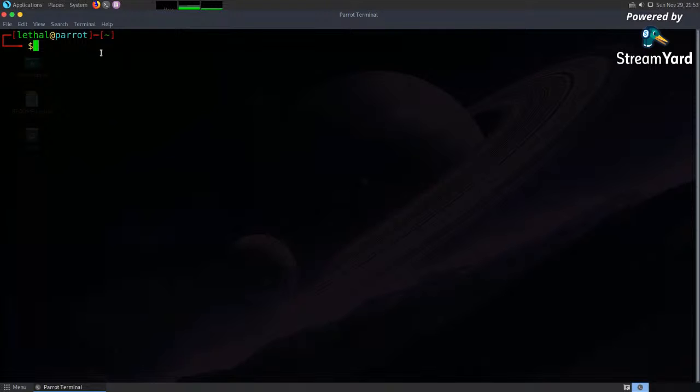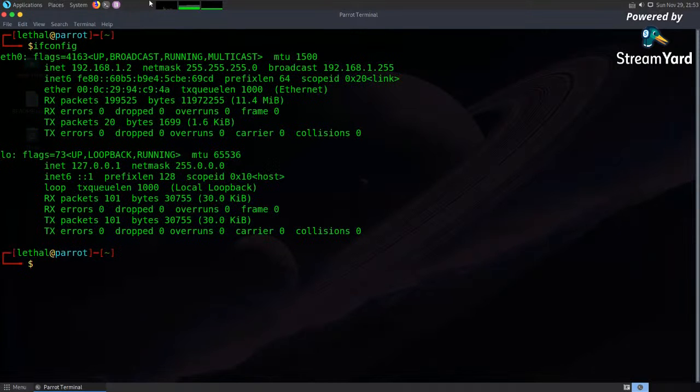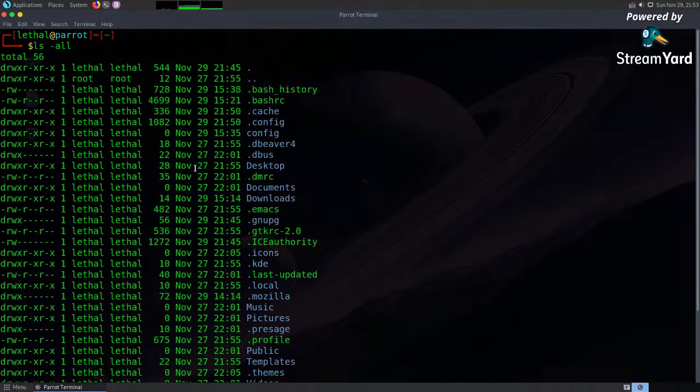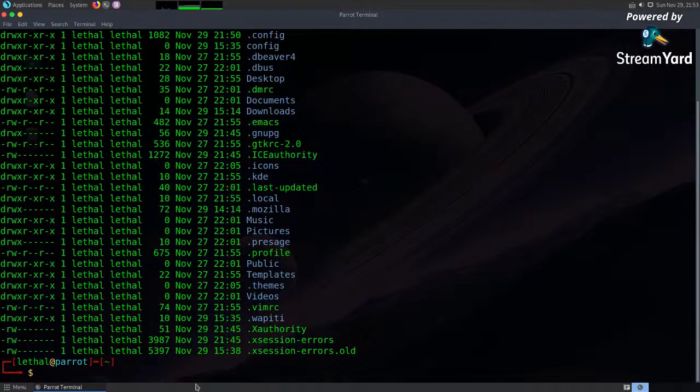Suppose you are writing something. Suppose I'm writing ifconfig to find my IP address, that is present here. If I want to write CLS, which we use in Windows very much, how can we add this alias here, because we have this thing called clear in our Linux systems. So what you can do, if you do ls and list everything, you will find something called .bashrc. This is a .bashrc file where you can provide your alias. If I open it with nano or any other text editor that you want, like Vim, and go inside that file,